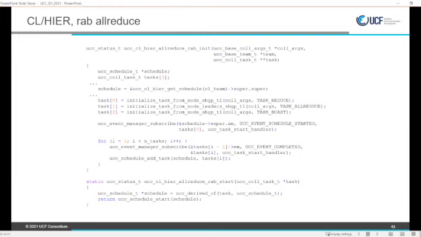Basically, it will be 3 steps. CL hierarchical at this moment has already discovered subgroups. So it has the subgroup of node processes, all the processes on my node. The second subgroup is the group of node leaders. And at each subgroup, we initialized TL teams. They are basically sub-communicators of the original communicator, but at the TL level.